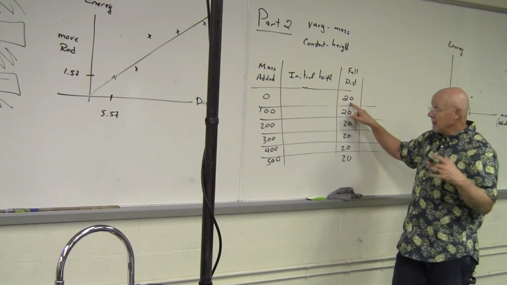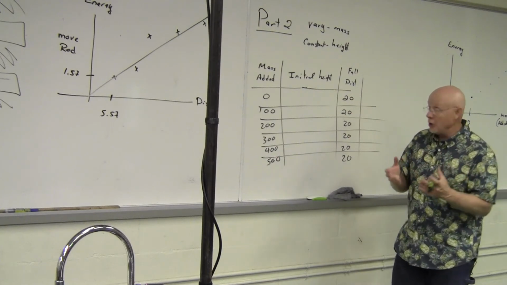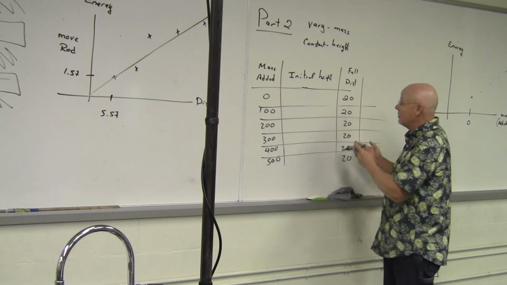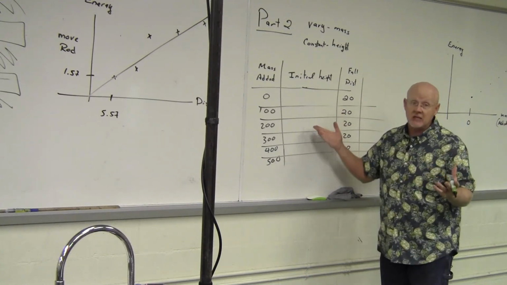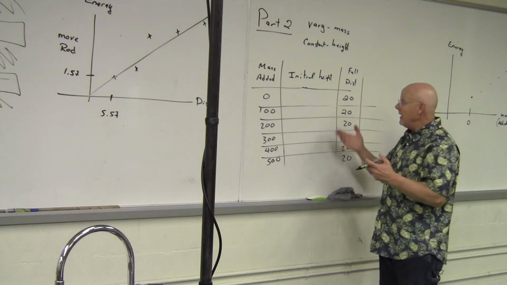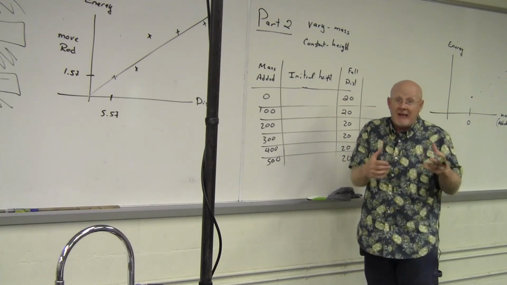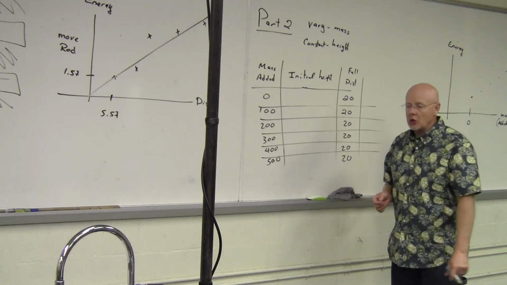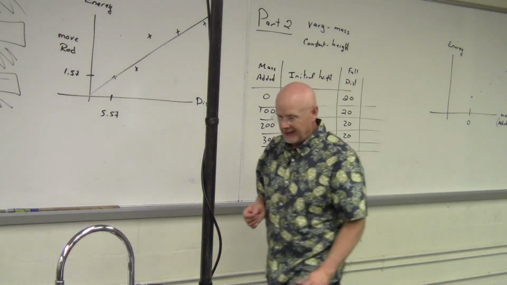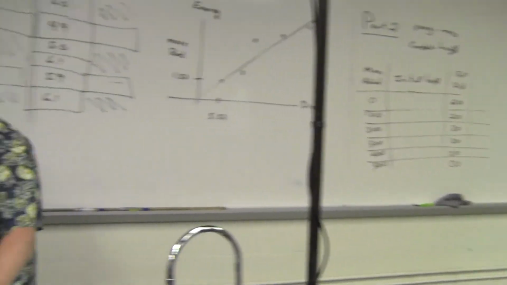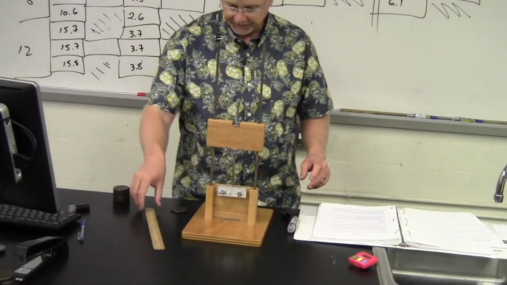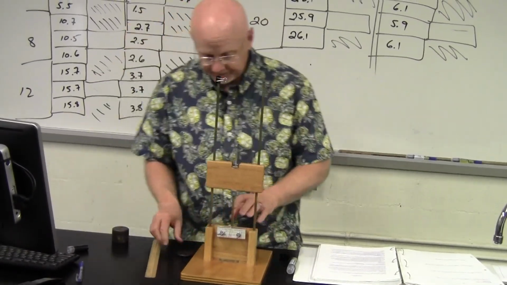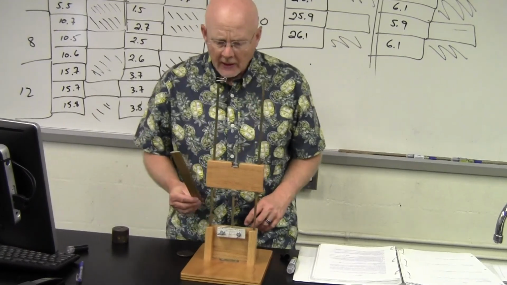But now you can see the dilemma here is, how in the world do I know where to put the initial height? Because I don't know how far the rod's going to move. How in the world am I going to know it's 20? About the only thing I know is it's less than 20. I mean, maybe it's 19. But if I put it at 19 and the rod does not move 1 centimeter, then I don't get 20. And you're right, you don't. So what we're going to do is this. Watch this carefully. Let's see, I did reset the rod, good. And if I look